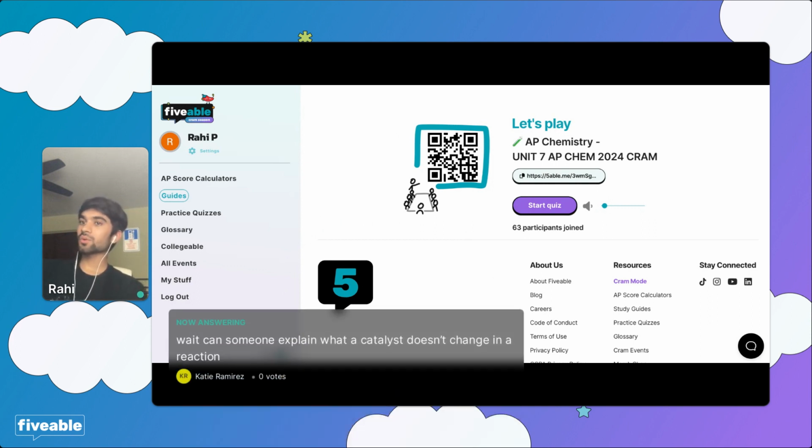So catalyst, quickly I'll answer this question while you guys are joining, right? The catalyst does not change the equilibrium in the reaction. That will remain the same. We went over a lot of this yesterday as well. All a catalyst does is change the activation energy required, or it causes a physical change in the system of reaction, finding a different mechanism for it to go through. Okay?